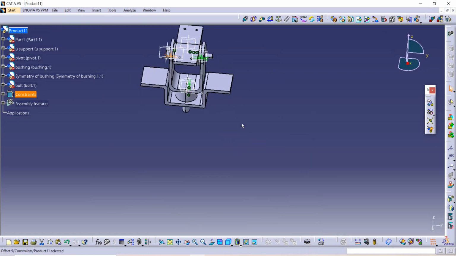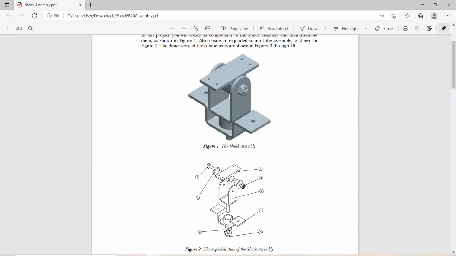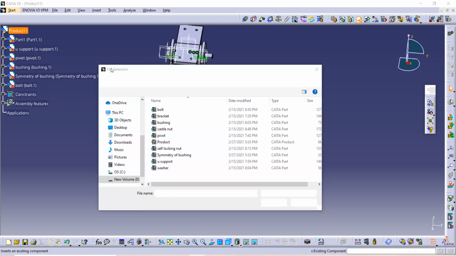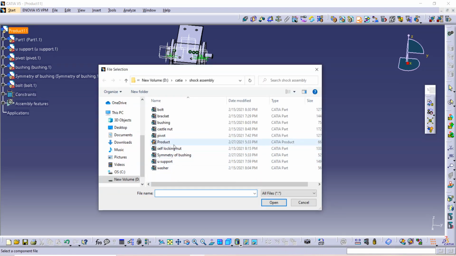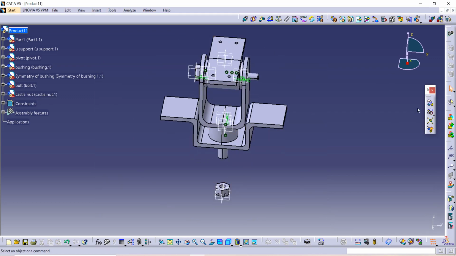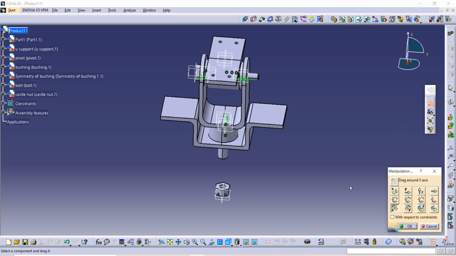Now we have to import our next component, which will be our castle nut. So first again go on import and then product and castle nut. So again we have to change their directions, use this manipulation command and rotate it.